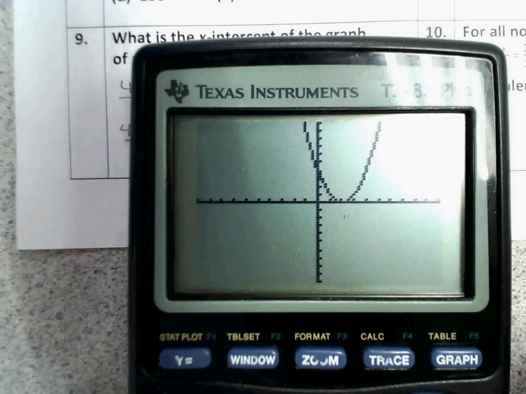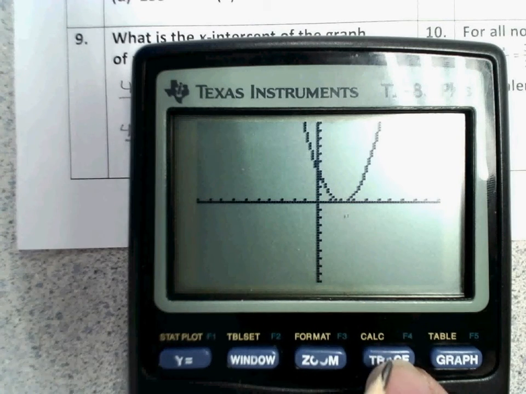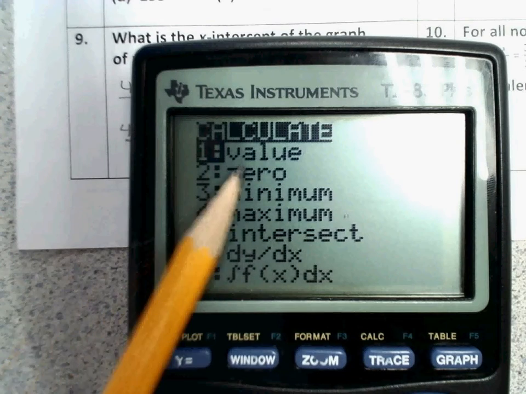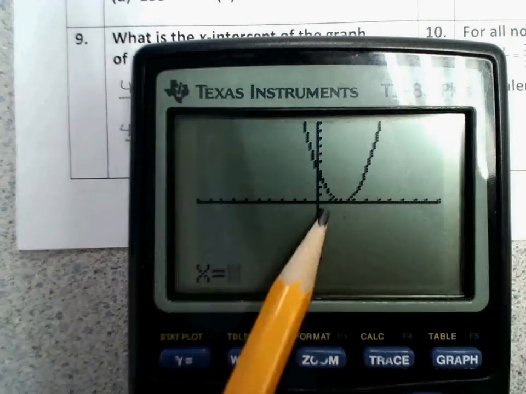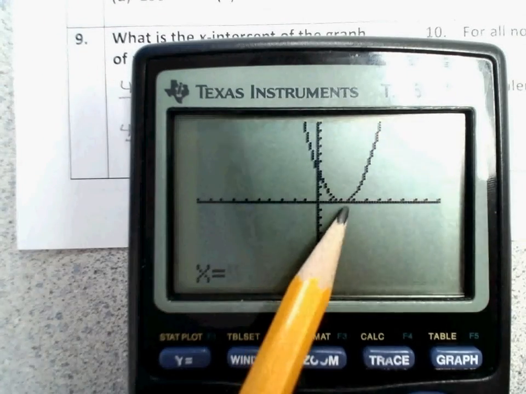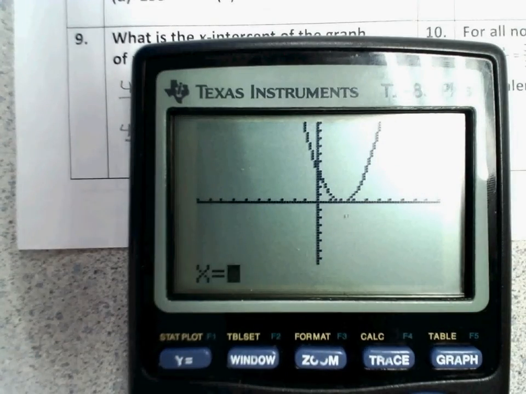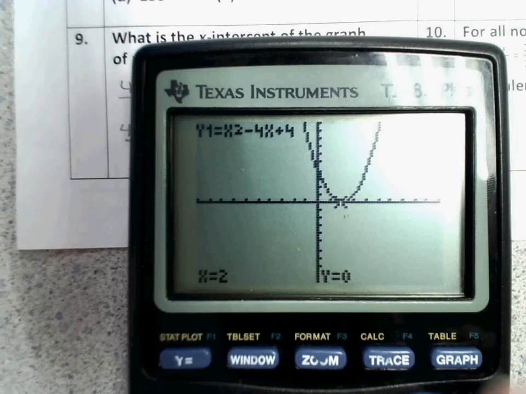You got a couple options. You can hit second trace, and if you hit this trace button, you've got an option of value, and you can pick any value you want and kind of see if you're right. It looks like it's at 1, 2, maybe 2 or 3. From the way the picture's drawn, we know it's 2. So if I plug in a 2 there, I can see that it comes out to 0, and that is